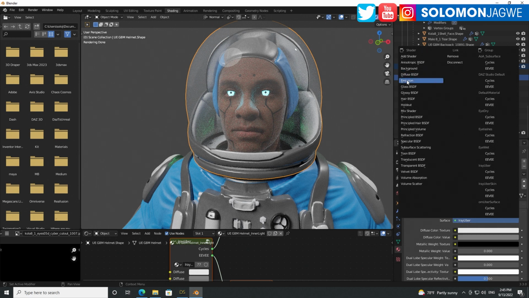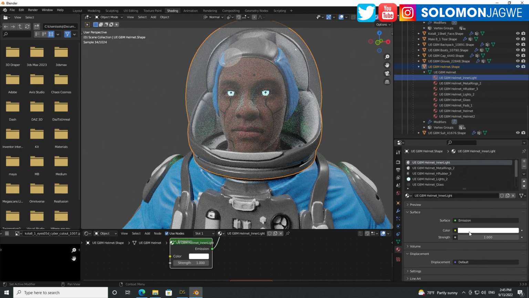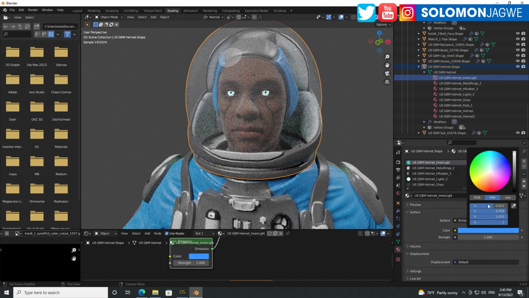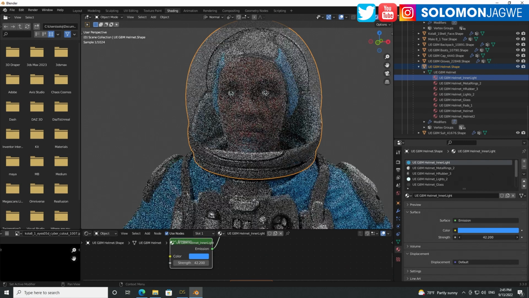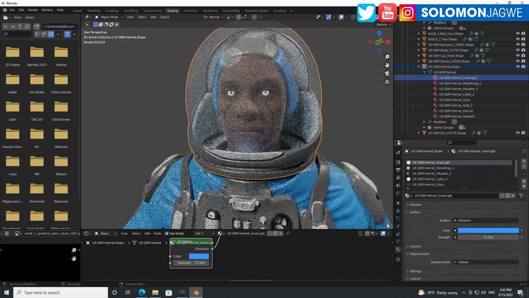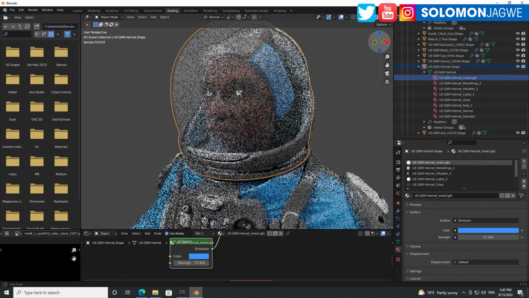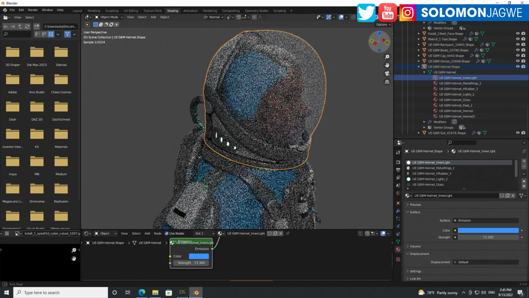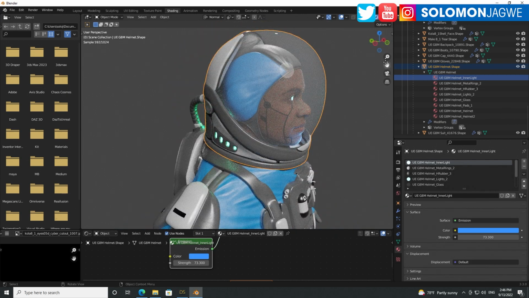Let's go to emission and change the color to maybe a nice blue as well, and increase the power, and you can see it's showing up over here. So as you can see, guys, the textures are working. You can adjust the light, improve on the character as you go through.